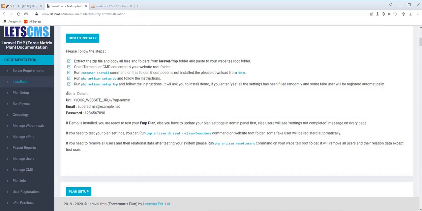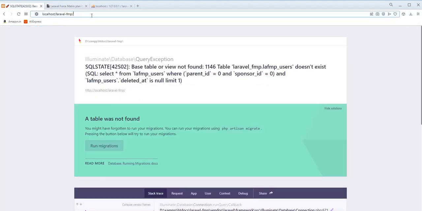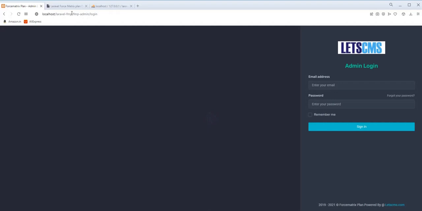Here the admin details are given: the URL, your website name and FMP admin. Laravel FMP is my directory where I set up this project, and FMP admin login is the login of this application.